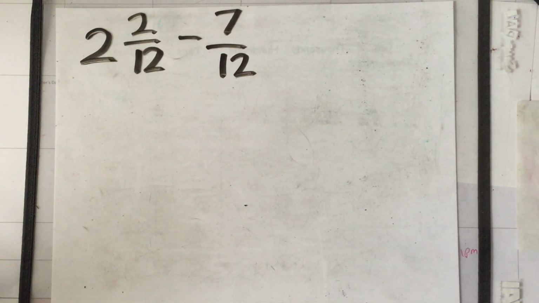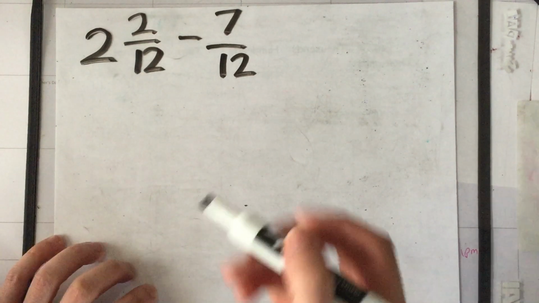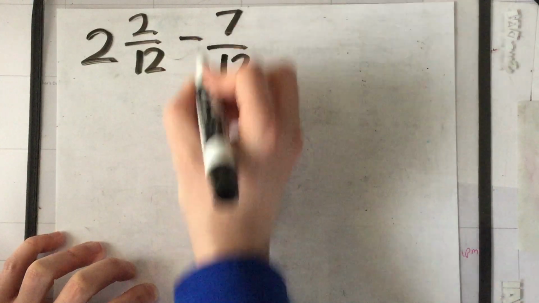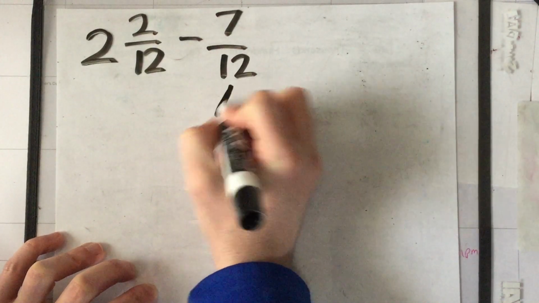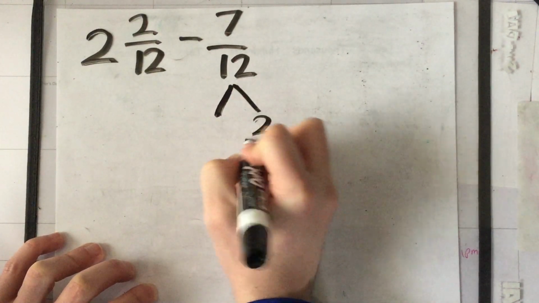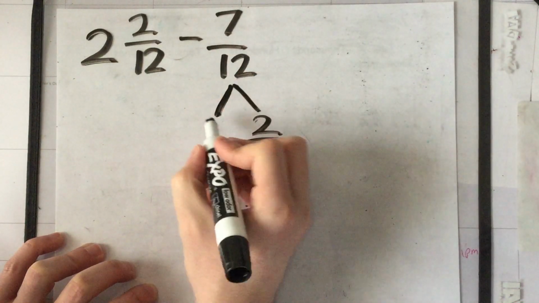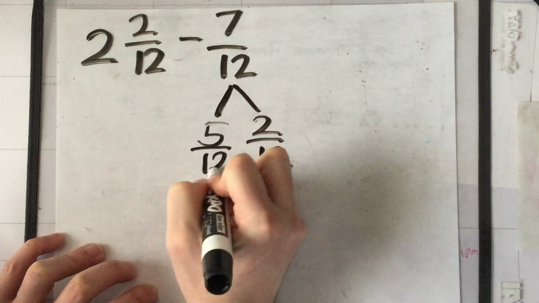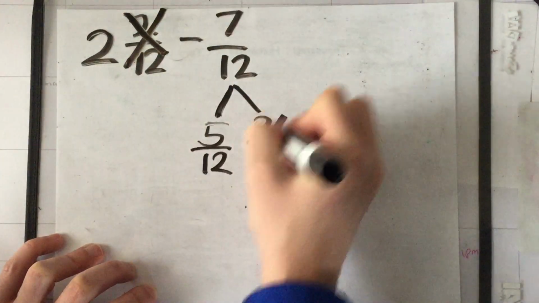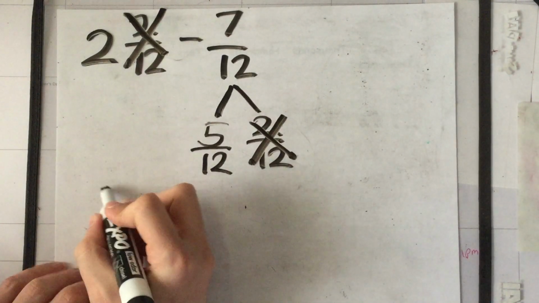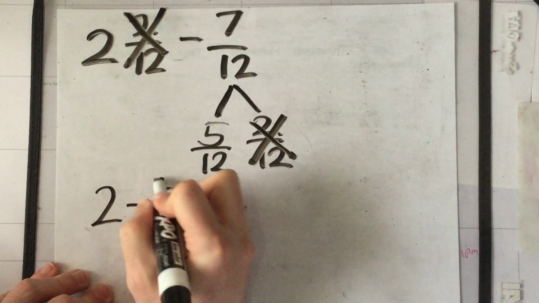So what we're gonna do is we're going to do like we did last time. I know that there's 2/12 hiding in here. 7 minus 2 is 5. So now I can get rid of my 2/12 and see what I'm left with. 2 minus